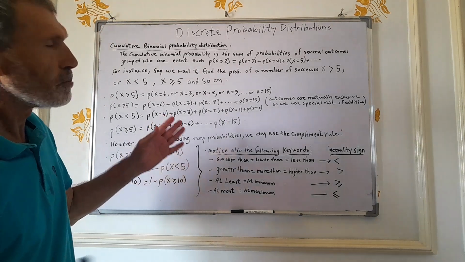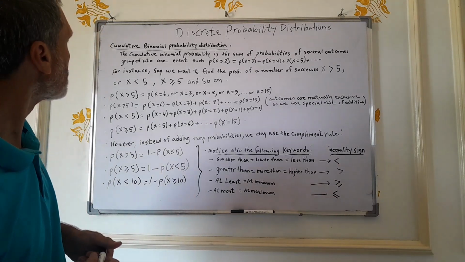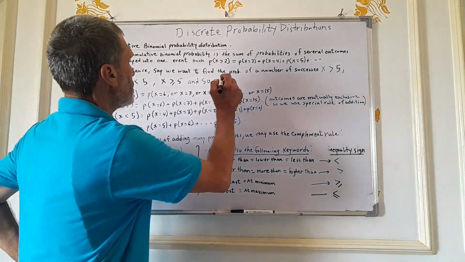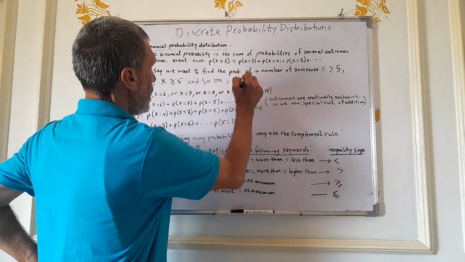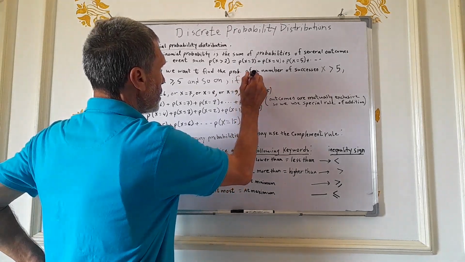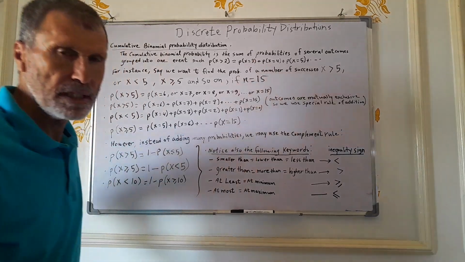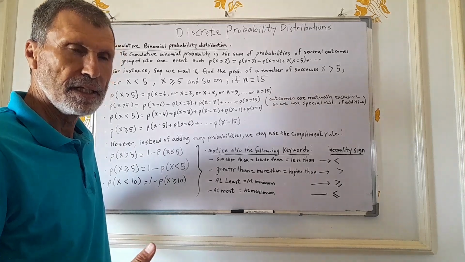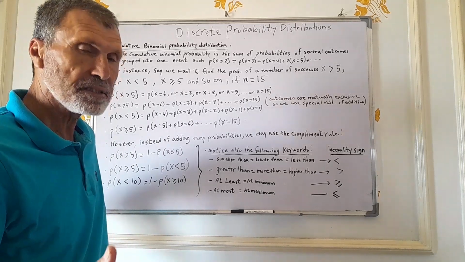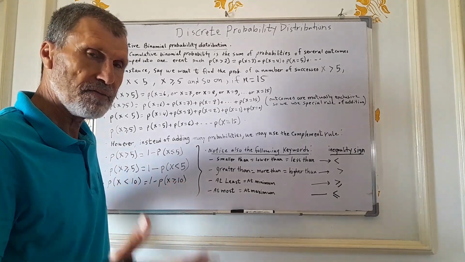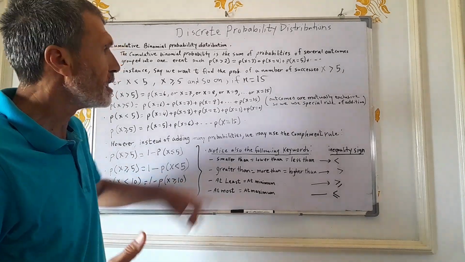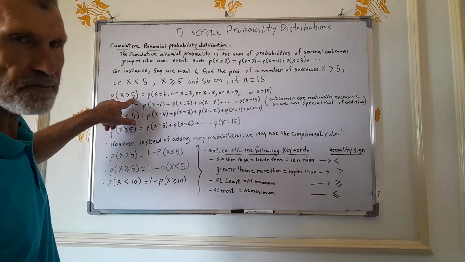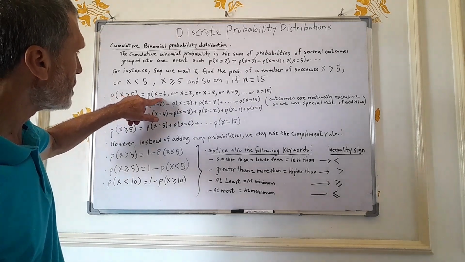Suppose the number of trials we have is 15. Let's say n equals 15. So we are finding the probabilities of different numbers of successes, given that the total number of trials is 15. So probability of x greater than 5 is equal to probability of x equals 6 all the way to probability